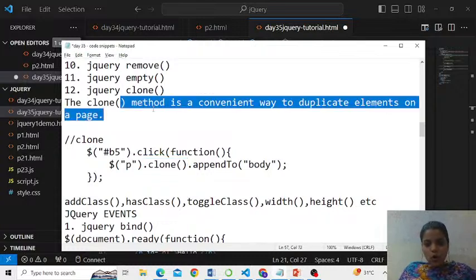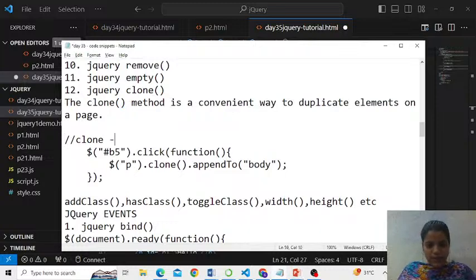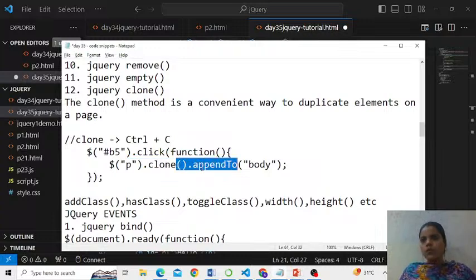Alright, so that's what I've written here. Clone, it's a convenient method to duplicate element on the page. Okay, duplicate an element exactly, Control C, Control V कैसे काम करता है वैसे काम करेगा. It's mostly like Control C. Alright, so clone the content of paragraph and append-to. Append-to means add to. Come on, clone the content of the paragraph and add to either some div, आप चाहते तो इधर कोई डिवीजन टैग भी लिख सकते थे, और append to maybe some other paragraph whose id